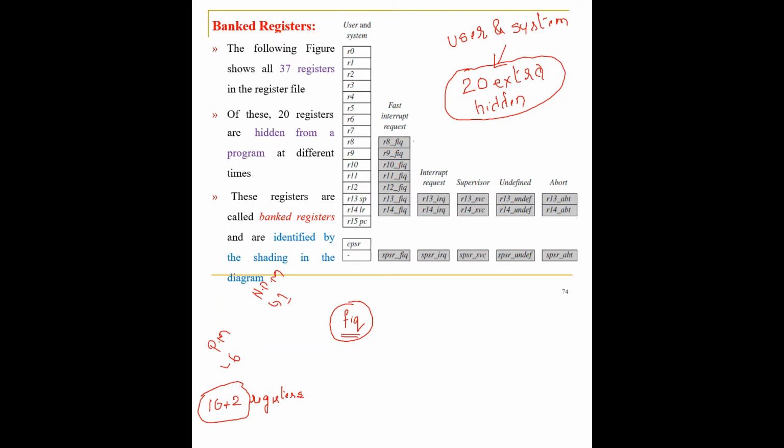Nothing special about this. So basically when the processor is in the user or in the system mode, these banked registers do not come into picture. They will be the normal registers. When the processor is in a privileged mode, when it enters into any one of these 5 particular modes, those particular registers will be called banked registers. That is what happens.